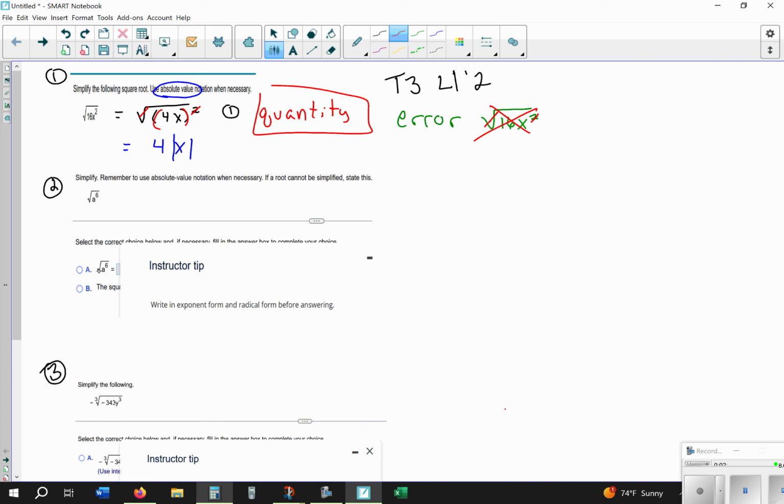All right, next, number 2, simplify. Remember to use absolute value notation when necessary. If it cannot be simplified, state this. And the instructor tip said write in exponent form and radical form before answering. So exponent form,